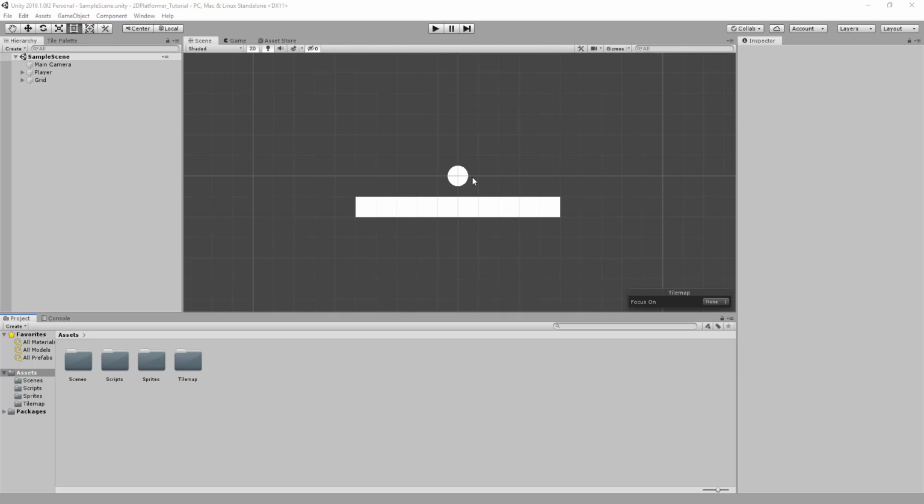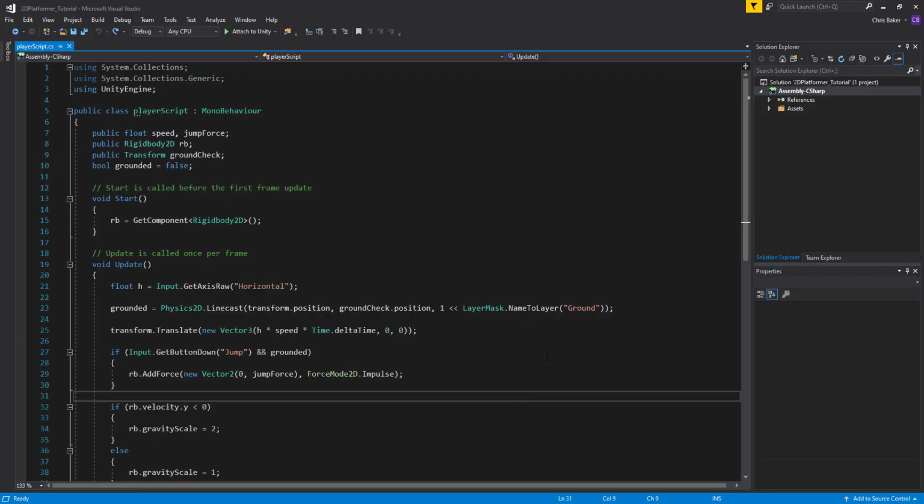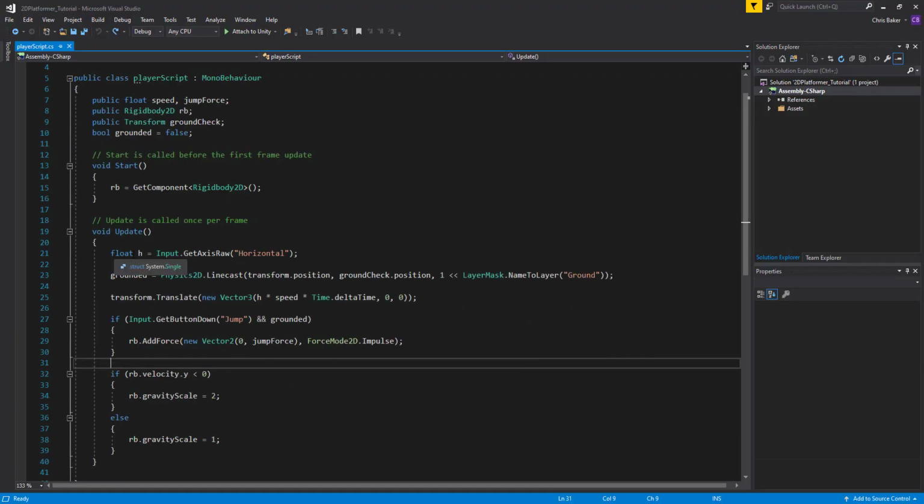To allow our player to only move forward, it's going to be a really simple change in our input manager. If we go to Visual Studio, you'll see that we create this float in our update called H, and we provide it with the input of our horizontal axis. Now this is a pre-made axis that Unity has made that already defines our movement left to right based on